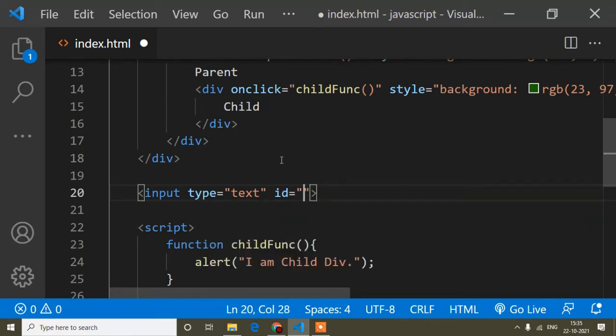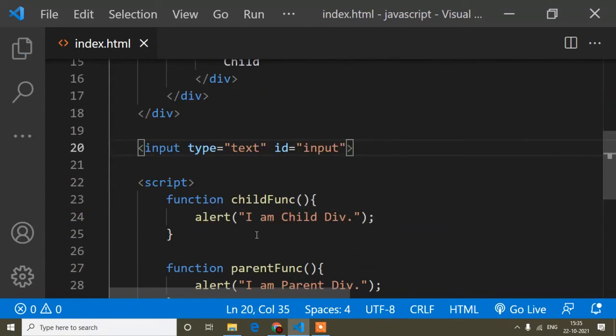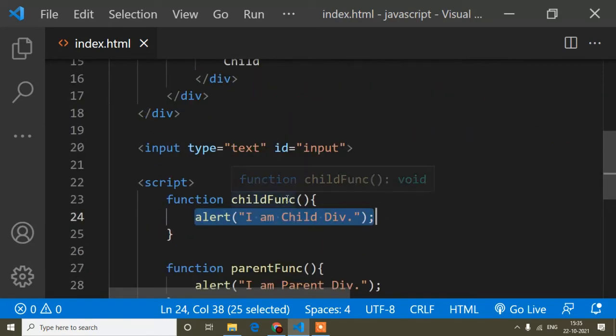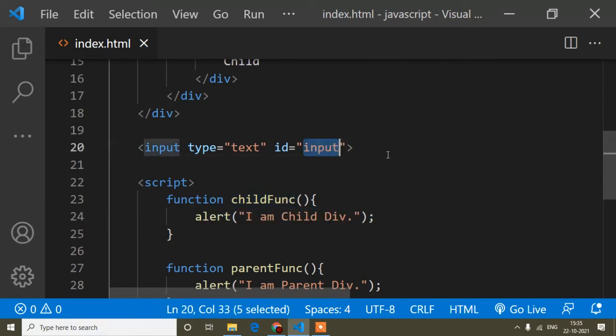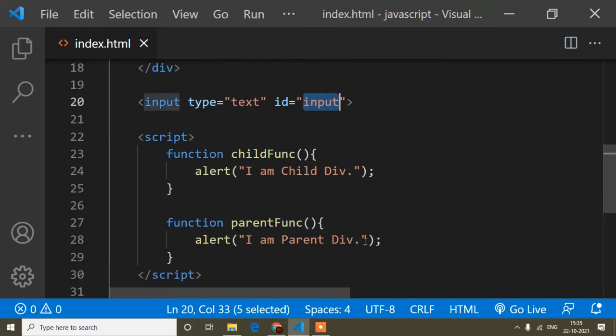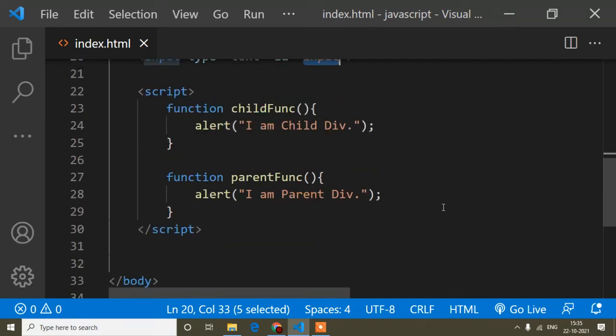So now the id is input, but you can write anything, I have just written it for showing purposes. So now instead of alert, here I will do one thing. When I click this parent div, this input will be shown, and when I click this child div, the input will be closed.